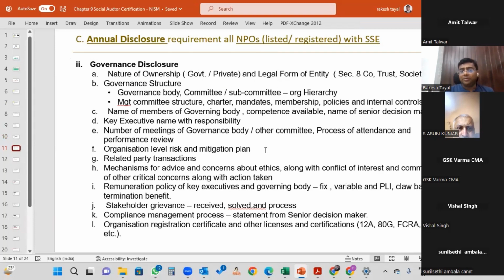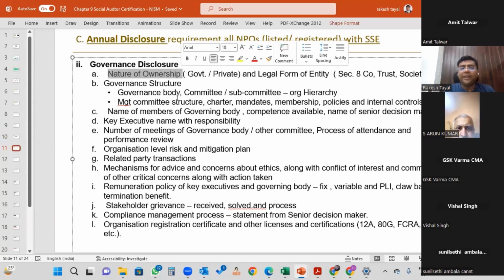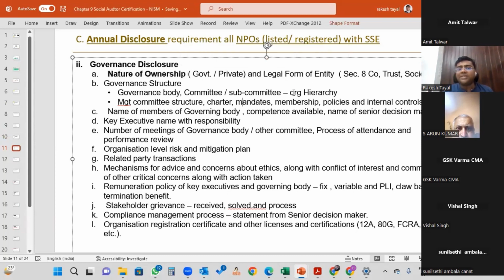Then governance disclosure. So there are only 3 governance disclosures under the offer document. Now they have to give much more disclosures in the annual disclosure requirements. One, nature of the ownership, whether it is a private or government owned organization, what is the legal form of the entity, whether it is a Section 8 company or a trust or society registered under which act. Then what is the structure of the governance, what is the governance body composition, what is the committee, what are the subcommittees under the governing body. So all the governing structure of the organization, what is the hierarchy, needs to be disclosed